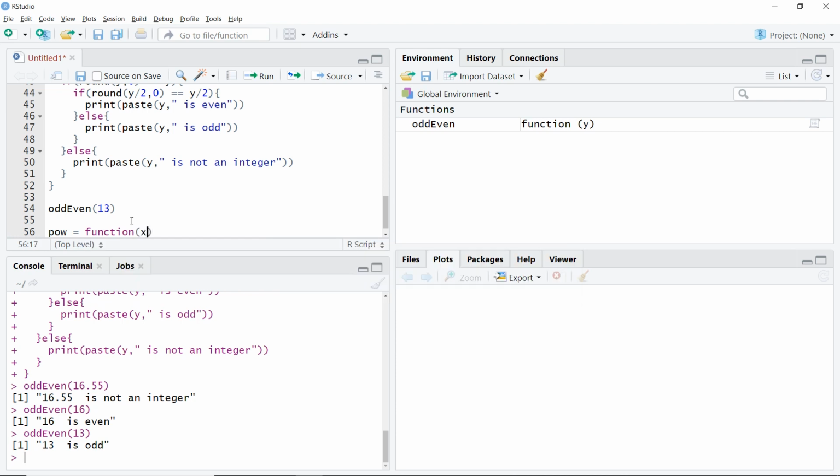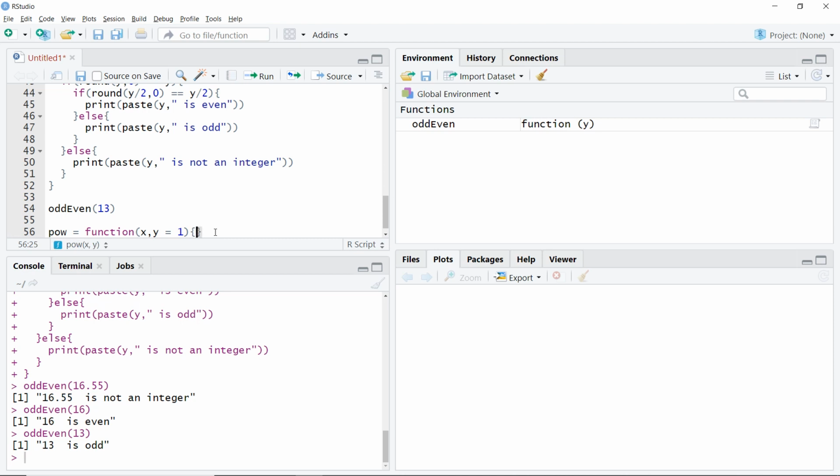One would be x and the other would be y, for which x would be the value for which we are calculating our power, and y would be our power. Okay, so let's define a default value for y as 1. So if we do not write our power, it should take the default value as 1.